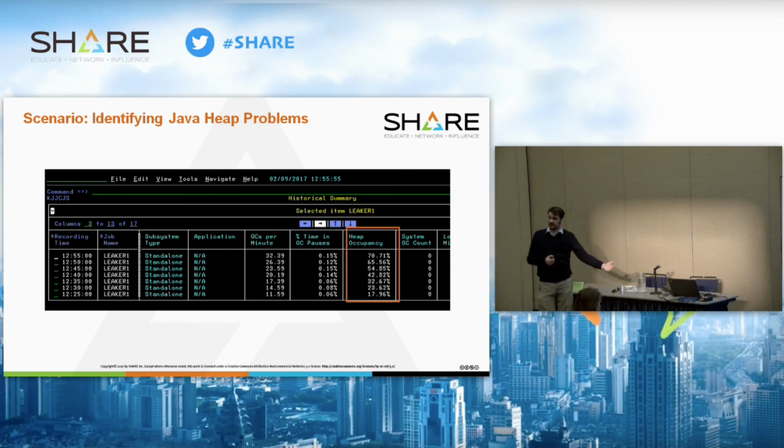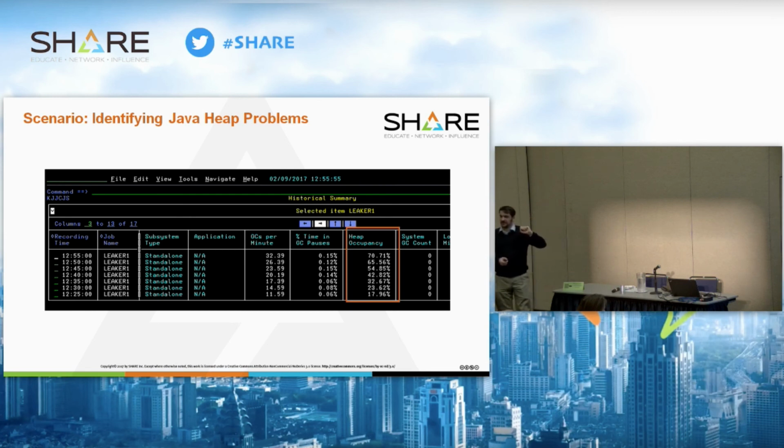So what have we collected over the last couple of hours, perhaps around what this job is doing? And we can see actually from 12:25, it's doing 12 garbage collections per minute, and now it's up to 32. We can also see a similar trend where the percentage time being wasted in a GC is creeping up. And also we see the heap occupancy now going from below 20% up to 70%. So this is a real clear sign that something is not right in this application. It started off okay, but over the course of 30 minutes or so,